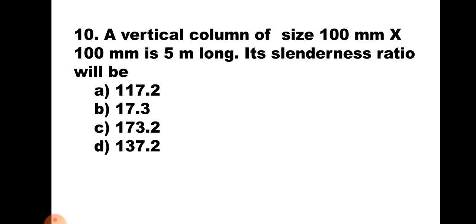Question number 10. A vertical column of size 100 mm by 100 mm is 5 meter long. Its slenderness ratio will be A, 117.2, B, 17.3, C,